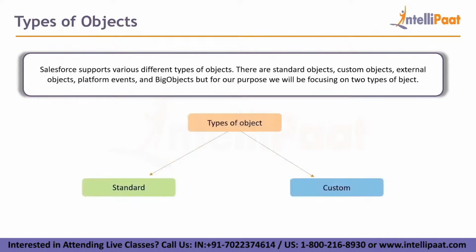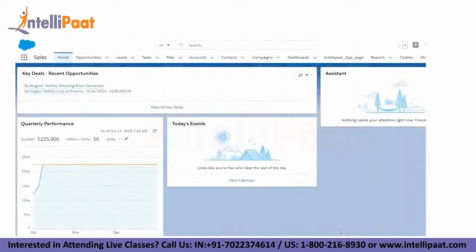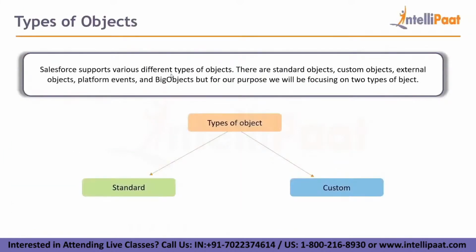Now you can have two different kinds of objects in Salesforce. There are some objects which Salesforce gives you by default. By default, Salesforce provides you with a lot of different objects. A good example would be an account or leads, the things that we saw earlier. You can see the opportunities here and the leads and the other things. These are pre-created by Salesforce. These objects are standard objects.